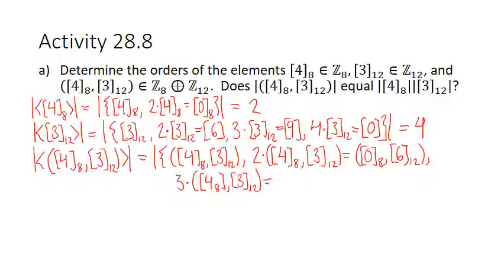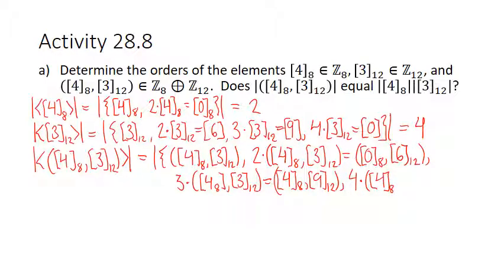So that is going to be, okay, 3 times 4 is 12, and then mod 8, that is 4. So that'll be 4, 8. And then 3 times 3 is 9, so this will be 9 in modulo 12. Okay, so we still haven't come to 0, 0, so we have to keep going. So 4 times this ordered pair is going to be,